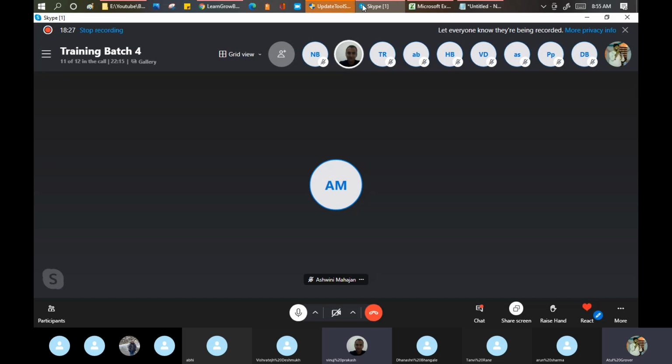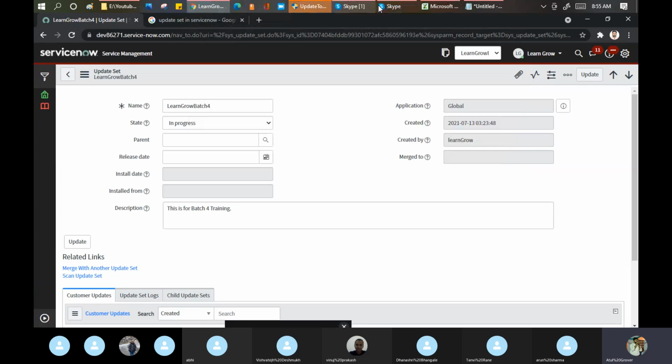Okay. So parent concept basically says, let's say for example, if the boss says, Vinuj, you need to relocate to the US, then definitely Vinuj assumes that his family also relocates to the US. It means you are not relocating alone there. You are saying, sir, all my dependents need to be relocated, only then I will relocate to the US. So the same concept helps us here in ServiceNow.